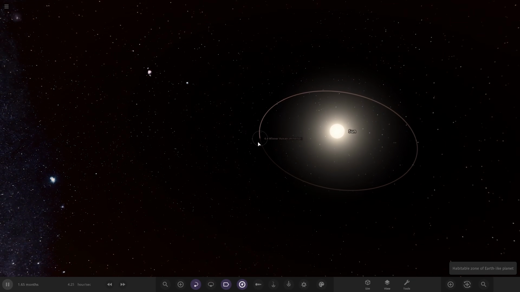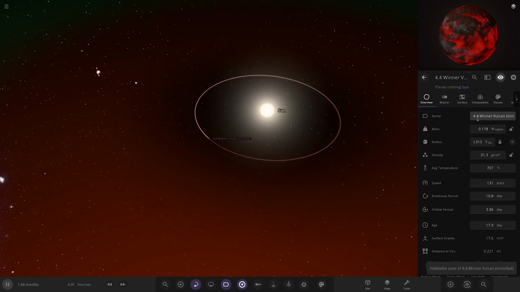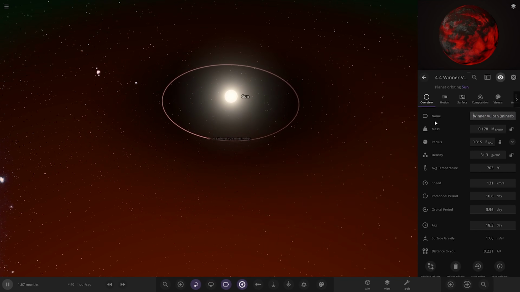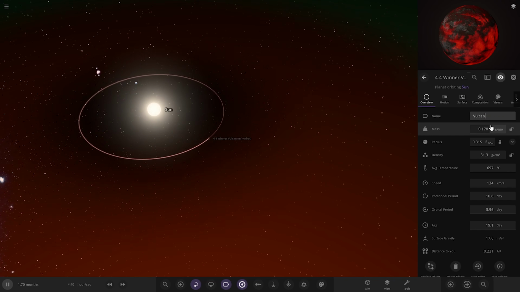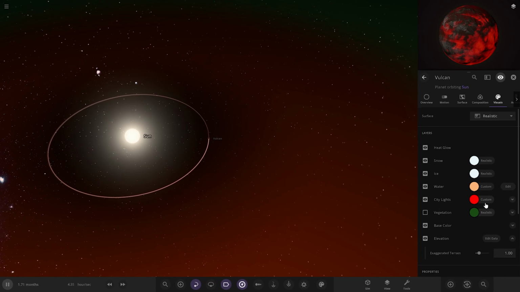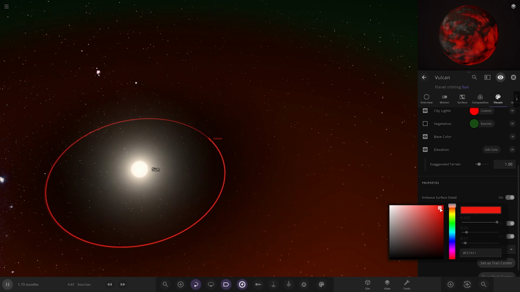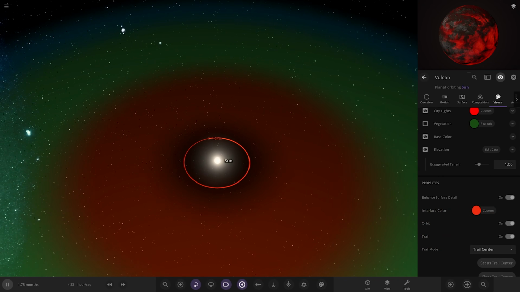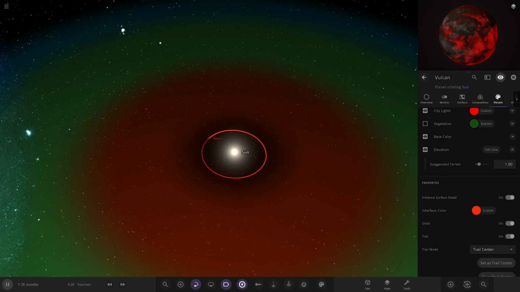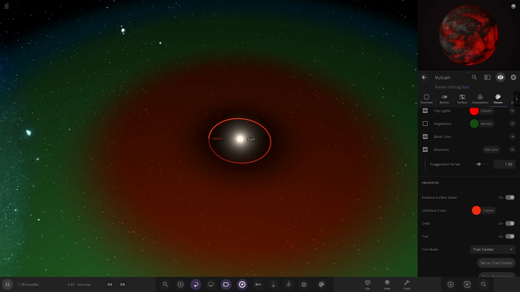So this was made by Minobat back in the competitions ages ago now. So there we go. We'll just have it as a Vulcan in here. So first of the planets, I think the trail colour has got to be like a hot red sort of orange colour. So we'll stick with that. So there is Vulcan. So first of the hypothetical objects added to our solar system here. So next up,